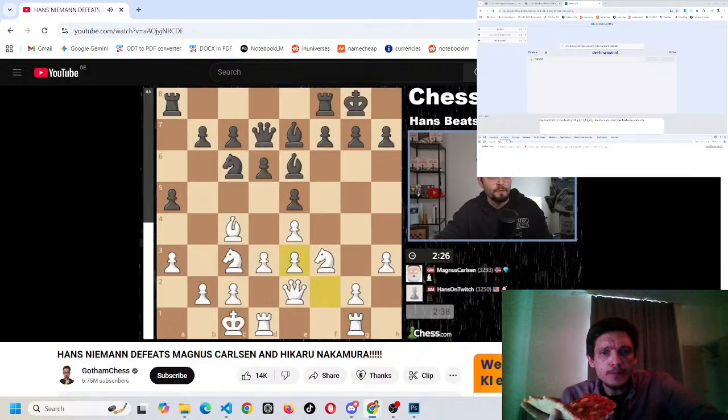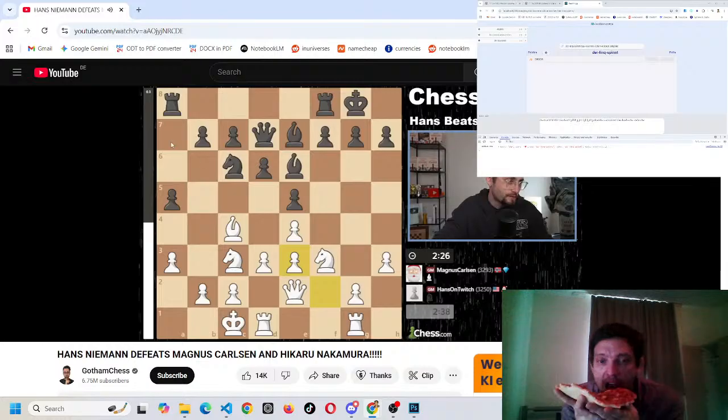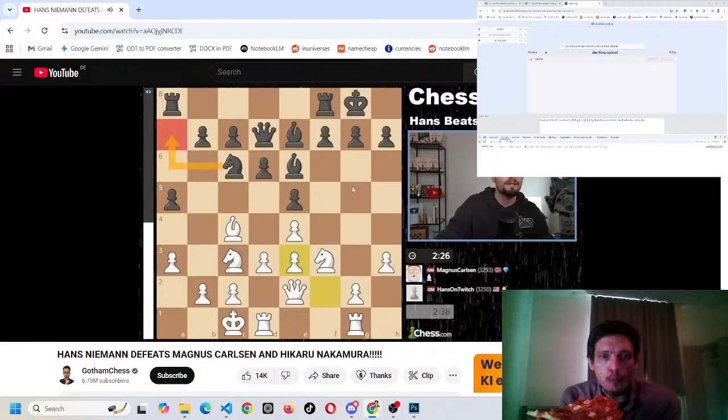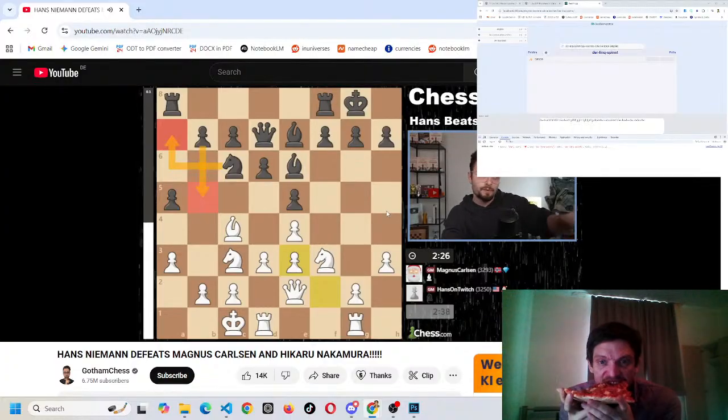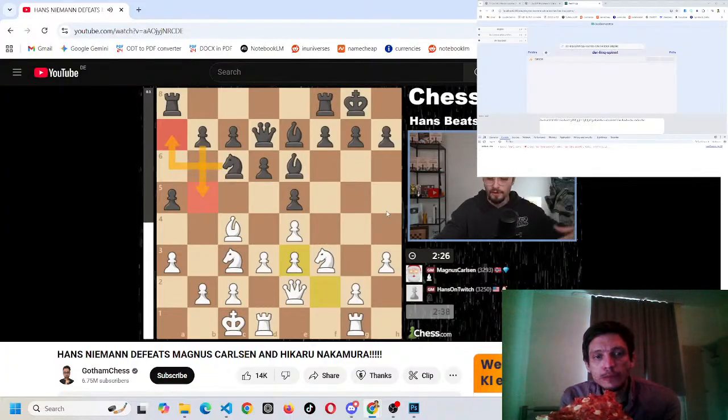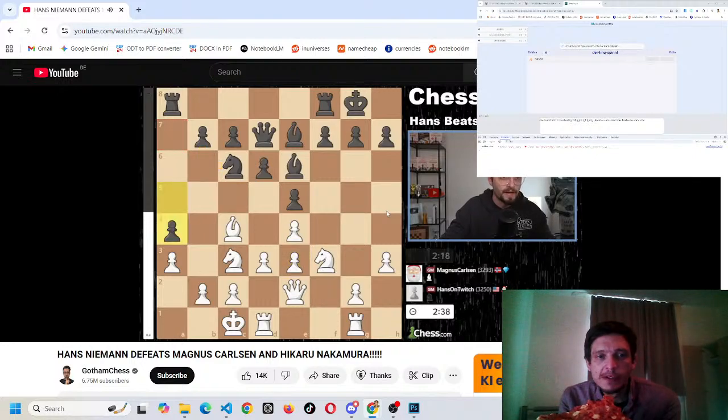Now, the best move here for black is a very counterintuitive knight to a7. I mean, counterintuitive is actually a bit of a strong statement, because if you give this position to a strong player, they will find the concept to play knight a7 and b5. The knight gets out of the way, the b and c pawns get liberated, and now the pawns can go up the board. That's a very obscure move, though, and for blitz, it's much easier to play a4 within 10